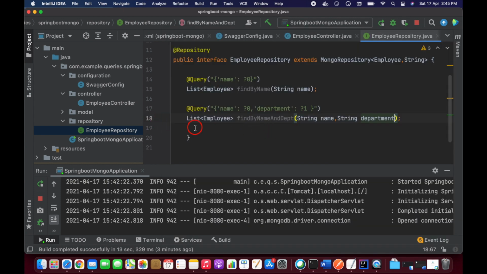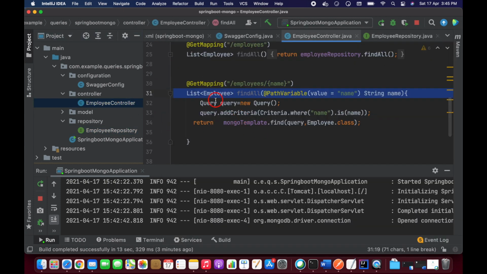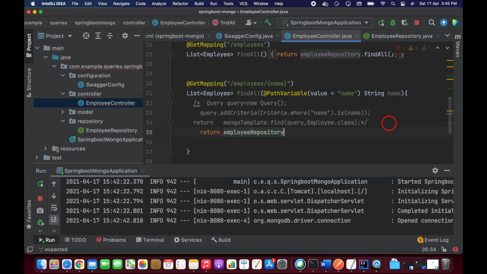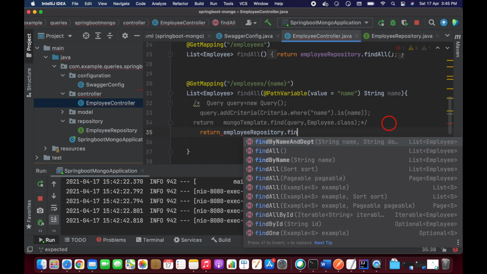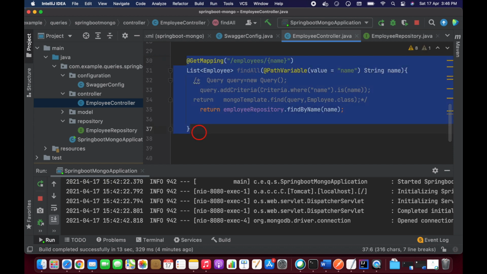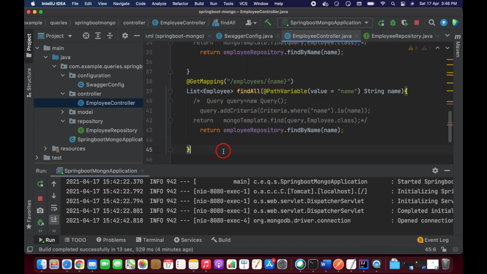Okay, and come to the controller. So here in the controller, let's comment out this, because I'm going to use @Query here. Okay, so for this, return employeeRepository.findByName. You can just pass the name here. Then add one more method, that is find by name and department, guys.